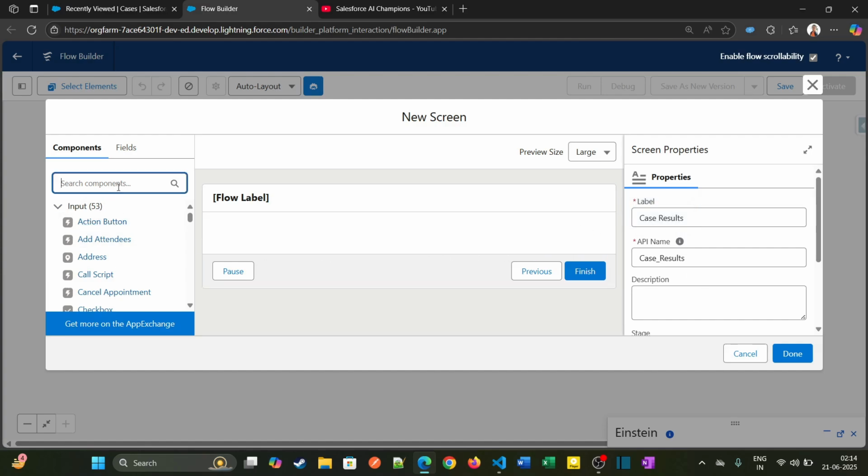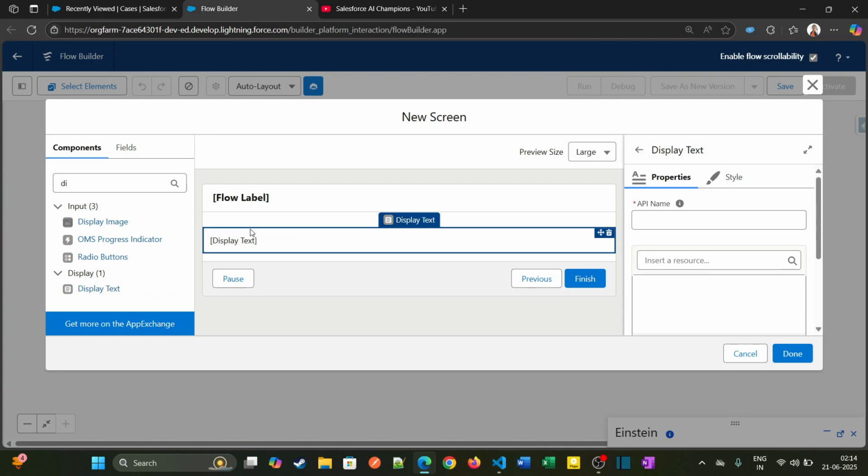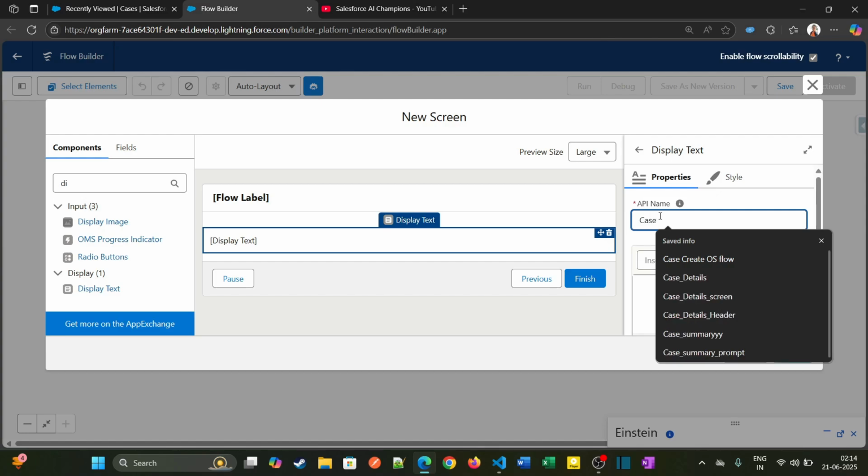And in the final stage we can make another screen element like case results, and I can add one display text. The display text will be a read-only field, meaning we can just print some of the field values. Like I'll be providing created case results,